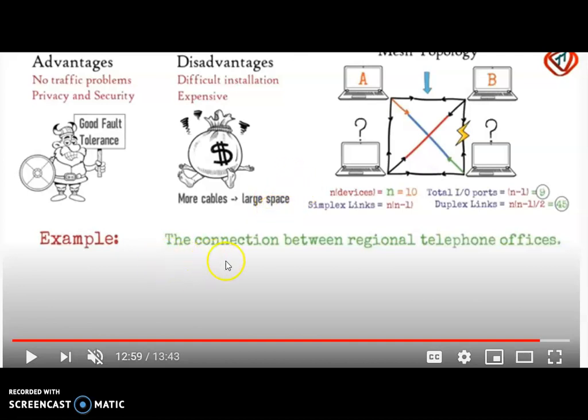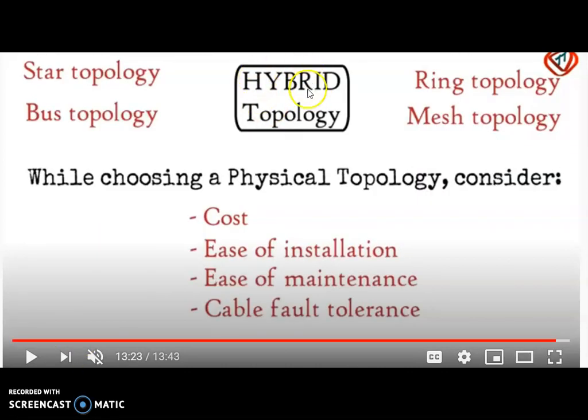For example, this is used for WAN, wide area network. The connections between the regional telephone offices are established by using the mesh topology only. The mesh topology has a high cost, but if you go for the star topology, it involves only a moderate cost. We already talked about the hybrid topology, also called the tree topology. Tree topology means a combination of any other topologies, we can make a hybrid topology, but while